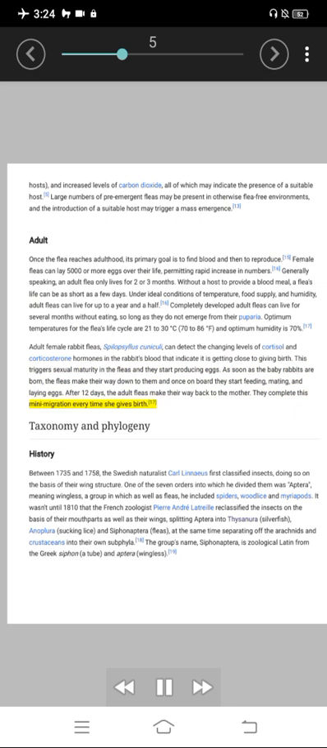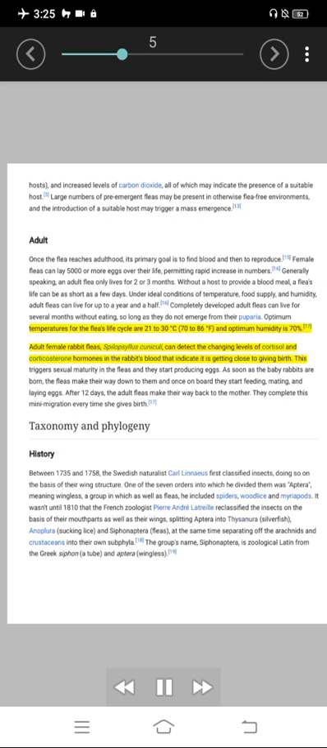After 12 days, as soon as the baby rabbit... Optimum temperatures for the flea's life cycle are 21 to 30 degrees Celsius, 70 to 86 degrees Fahrenheit, and optimum humidity is 70%. Adult female rabbit fleas, Spilopsyllus cuniculi, can detect the changing levels of cortisol and corticosterone hormones